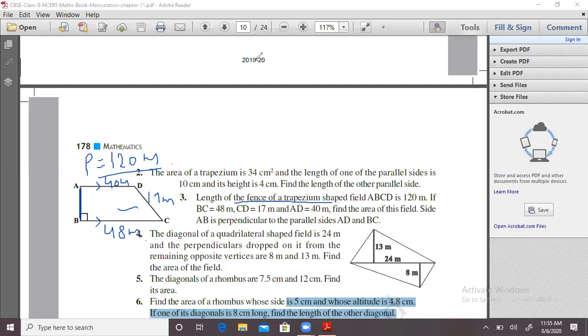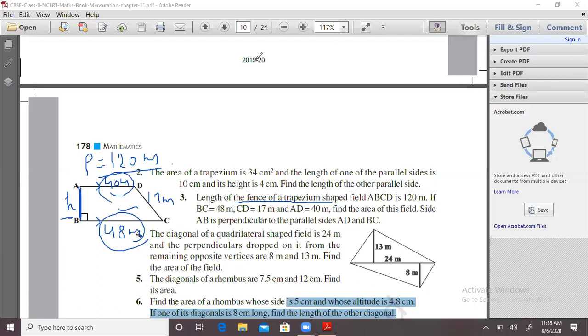This is the perpendicular also and side also. When the side itself is perpendicular, that will be the height also. Side is AB here, AB is also perpendicular, so we'll take AB as height of the trapezium here. Height of the trapezium will also be AB and side will also be AB. So to find out area, we have given here two parallel sides.